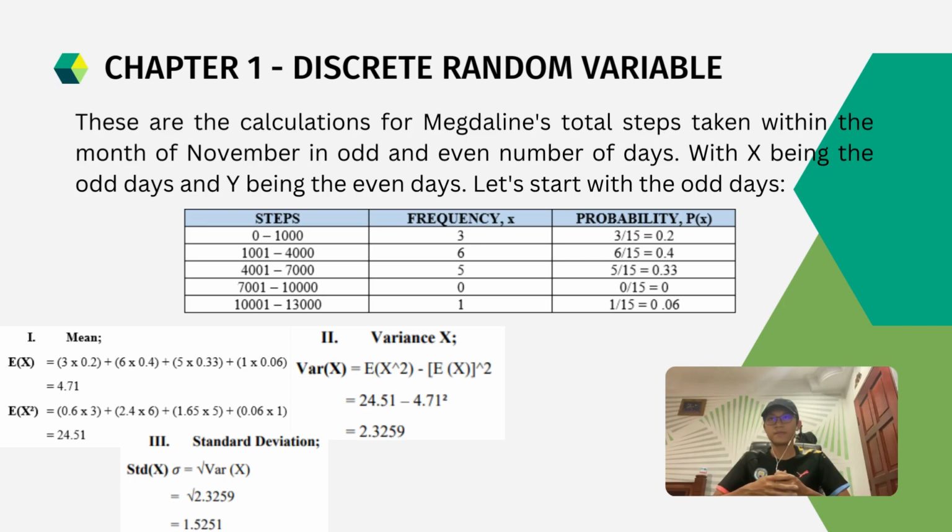For the EX squared, it's the same as EX, except the value of EX is timed with the frequency once again. So at the end, we will get 24.51. For variance, by using the formula given, we can get the answer, which is 24.51 minus 4.71 EX squared, which we will get 2.3259. For standard deviation, basically square root the value of variance and you will get